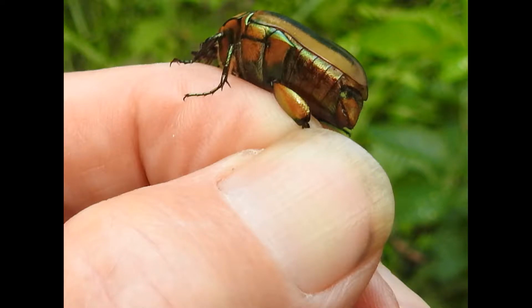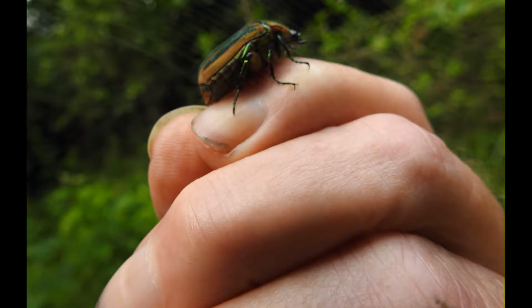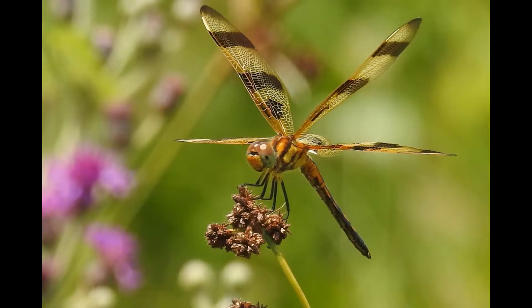Okay, let's look at a June bug. A scarab beetle. The type worshipped in Egypt. Oh, is it? Well, you can tell I did some cropping. That's what takes me so long, because I have to crop a lot of these. Right. This guy is right next to